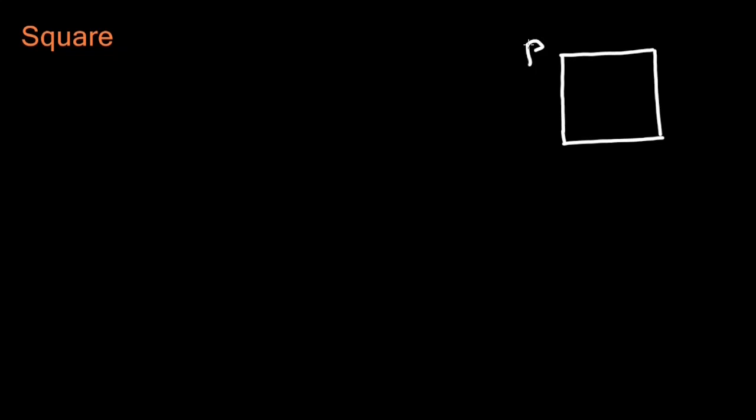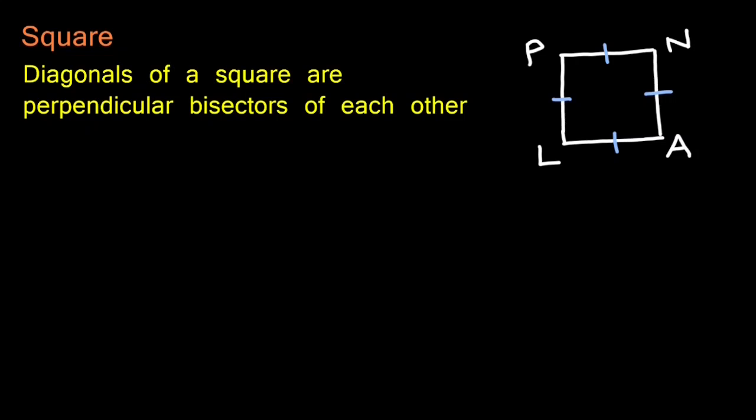Next special parallelogram is a square. Square is a rectangle with all sides equal. PLAN is a square because first it is a rectangle and all its sides are of equal length. We will understand a property of a square which states that diagonals of a square are perpendicular bisectors of each